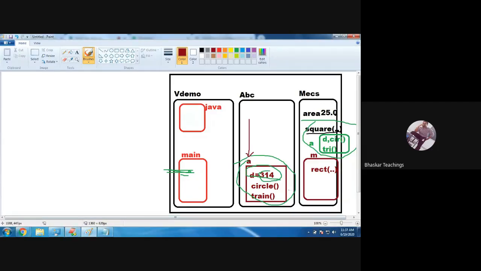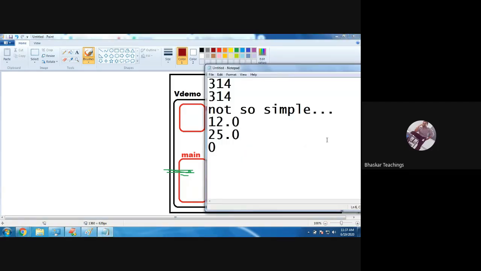But here we are now in the mecs class, square method's a. So here when d is loaded, it is still 0 only. So now this 0 will be printed because I'm calling this triangle method, not that triangle method. So a dot triangle is called, so d is 0 only, the default assignment. Therefore, it will give you the output 0.